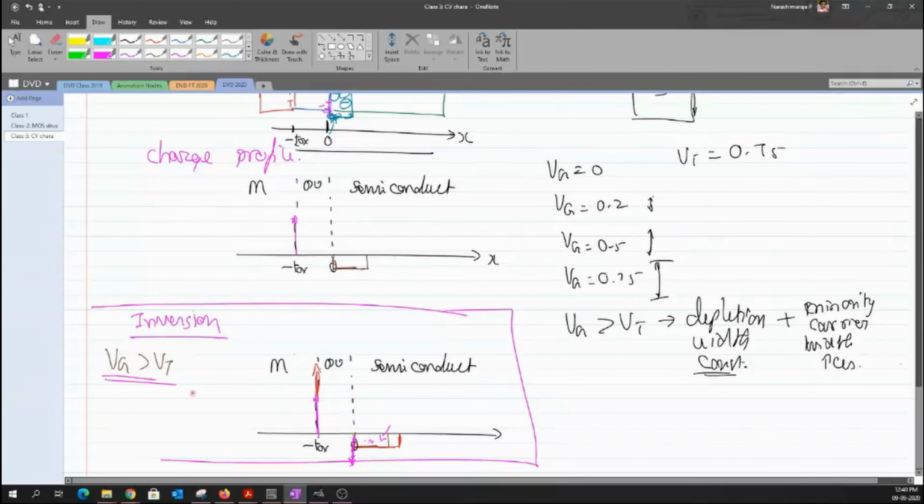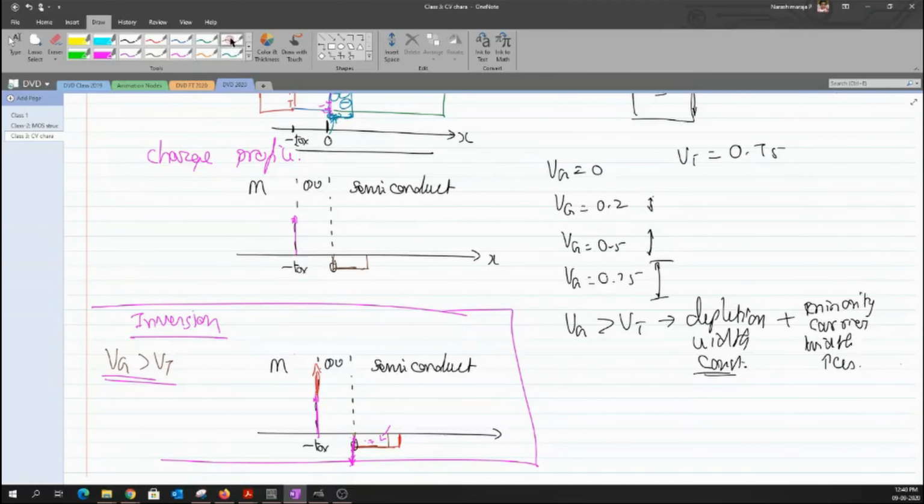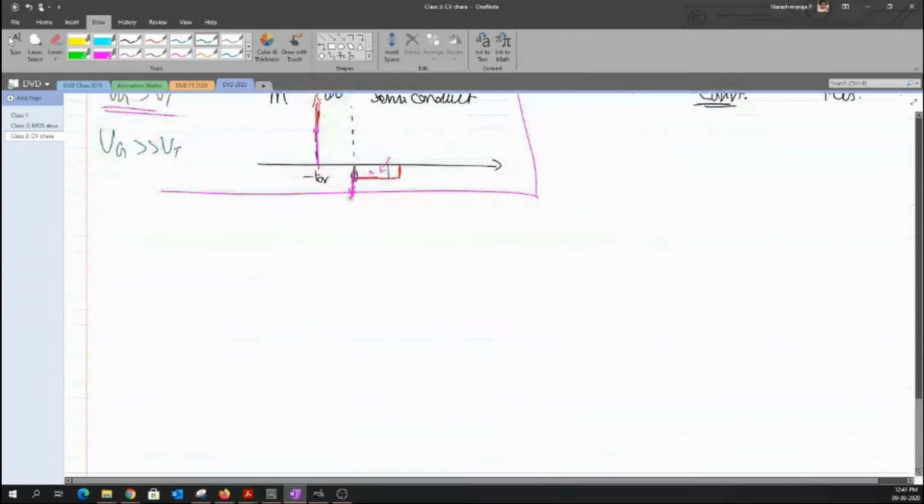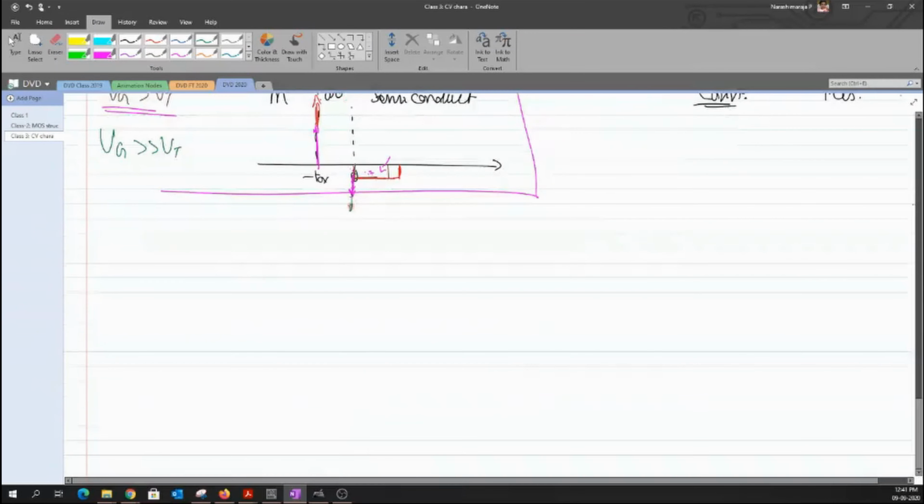Okay, say for example, I have some voltage VG. Let me use a different color. Okay, maybe the green one. So this voltage is much greater than the value of VT. So it means I have deposited more positive charges. Now this charge that is there in the depletion layer will not modify. But what would modify is that you are trying to put more electrons, and those electrons are free carriers.